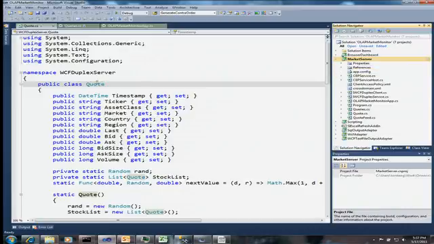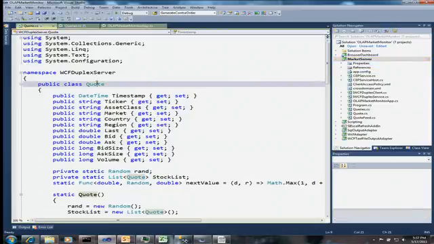And after that, the next question that you typically go through is, how should I structure, how should I represent the event data that I'm acquiring from these different data sources? And you see this here. So it's a totally .NET-based experience. It's just a regular class that I'm using here to define a quote structure with a couple of string attributes to it, like the ticker symbol, the stock exchange that the information is coming from, and then various different numerical attributes around prices and volumes. So that's the next step after adding the references, is defining your event data structures on the input and the